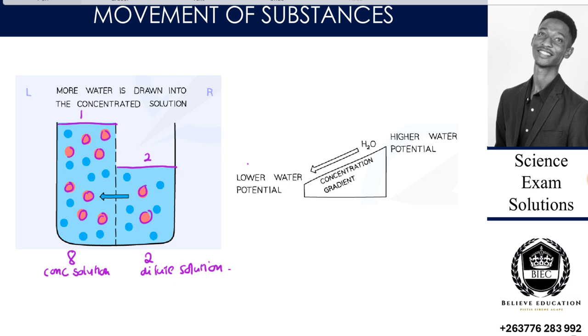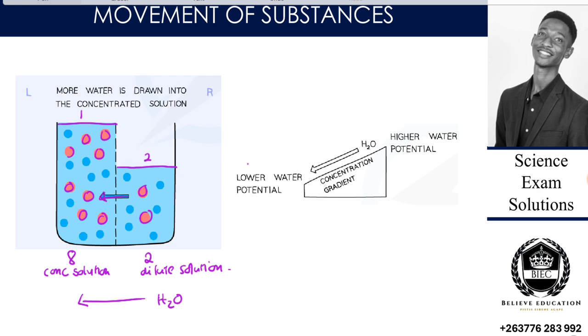So now we would want to know the net movement. By definition, or by theory, we say osmosis is the movement of water molecules from a region of high water potential, which is a dilute solution, to a region of low water potential, which is a concentrated solution. So water, H2O, is going to move from this end to this end. So we find that the net movement will be this movement. Are we together? So that's the net movement of what? Water. Are we together?